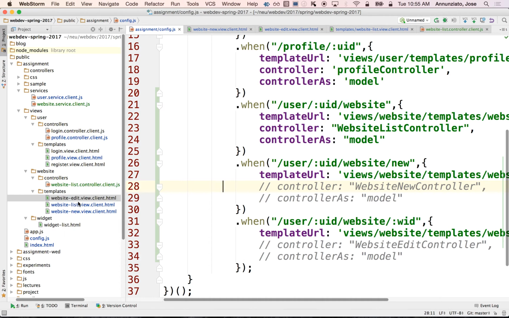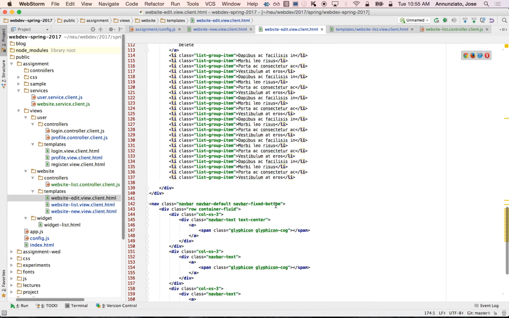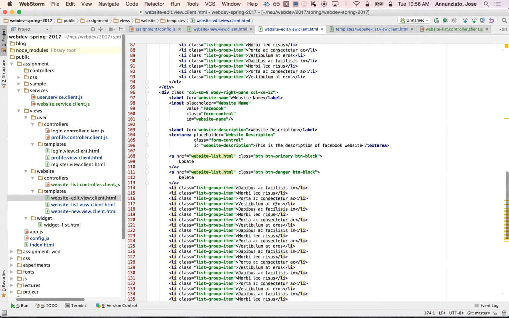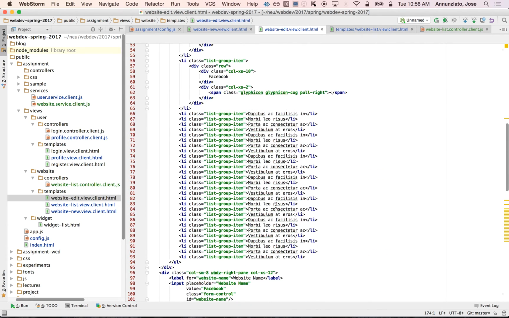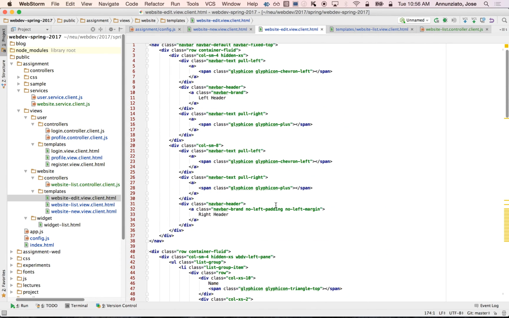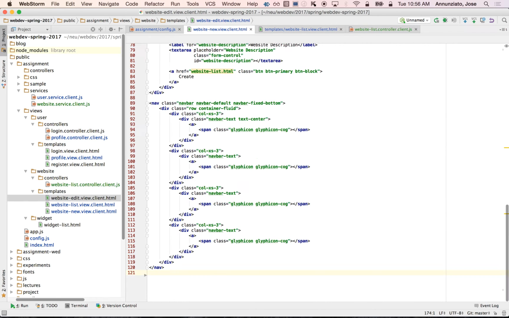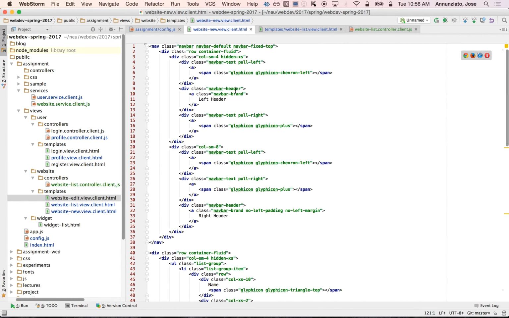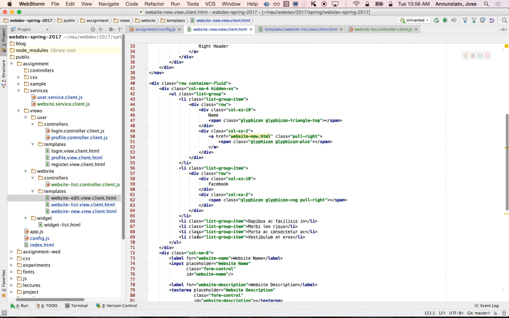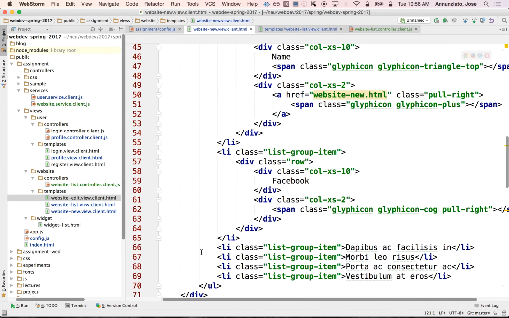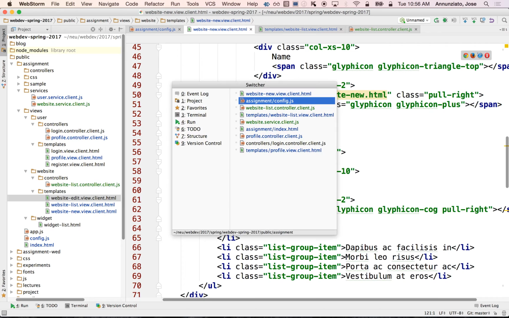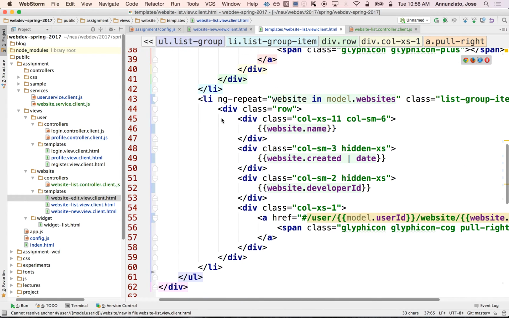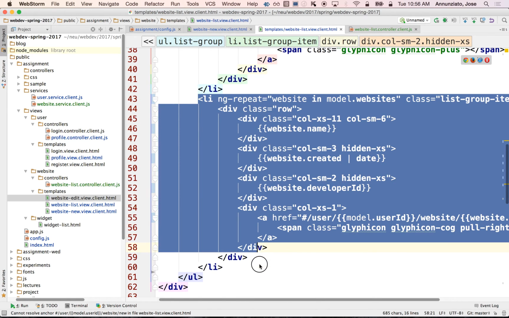Where's the template for the edit? Right now, it's just a hard-coded list, right? So just a long hard-coded list of lots and lots of websites. No, not edit. Sorry, not edit. New. Where's new? This one. Yeah, there it is. Not such a long list. Okay. So this is going to look very, very much like the website list templates, right? So let's copy that. Website list template. There it is. And it's basically just this list over here, right? This long list,